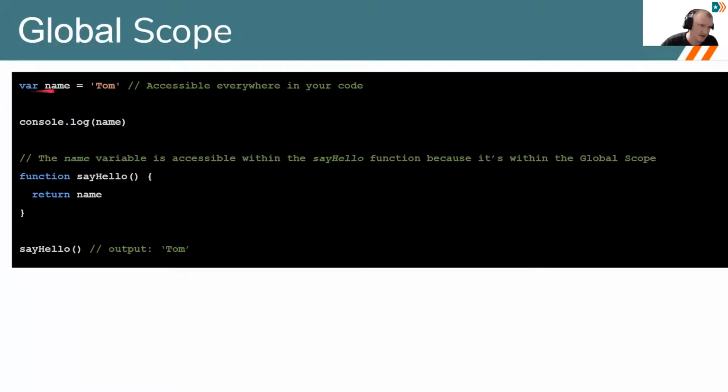So var name is at the global scope, which means any code that's below this point can access that value in that variable name. So if I console.log at this point in time, as JavaScript comes through and reads each one of these lines, it goes, all right, I'm going to store Tom in a variable. I'm going to console.log that value out. Then it also has a function defined called say hello. And if we call say hello, it will return the value of Tom, because